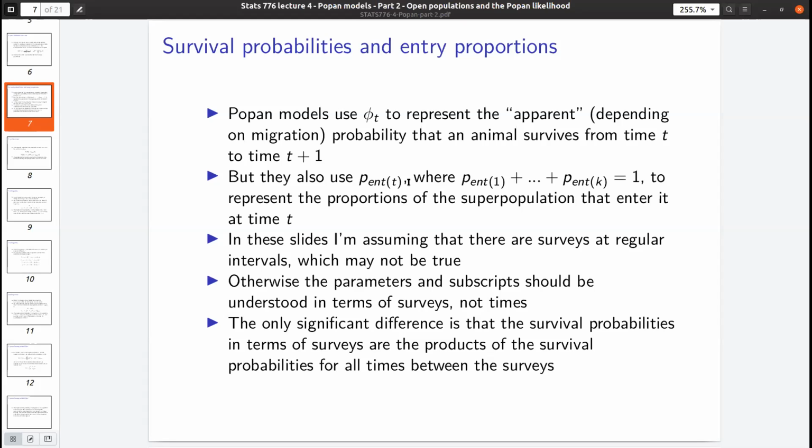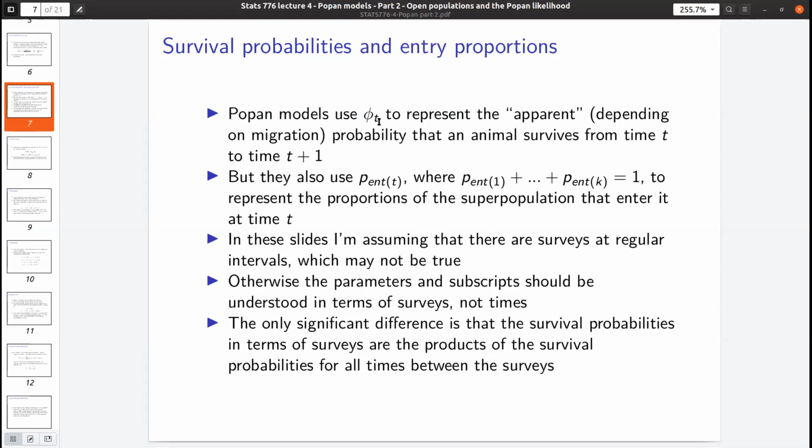So actually, most of what I said applies either way. You just need to realize that there'll be one of these parameters for every survey generally. But the only major difference is the survival probabilities. So if you